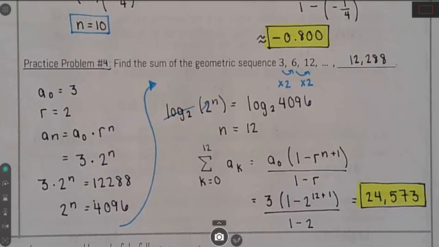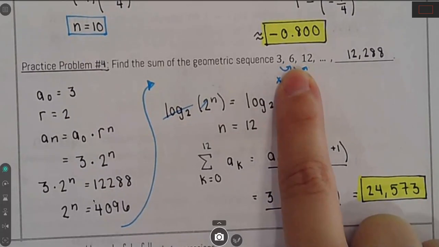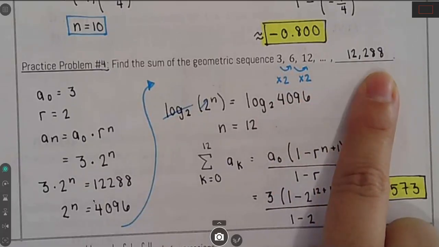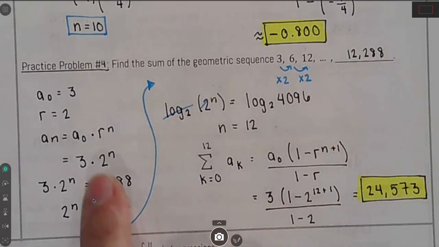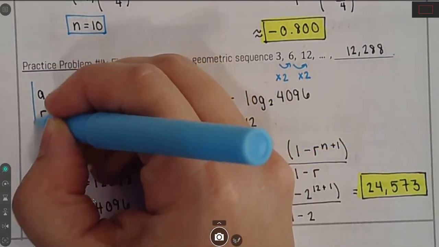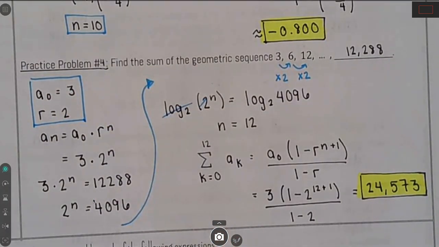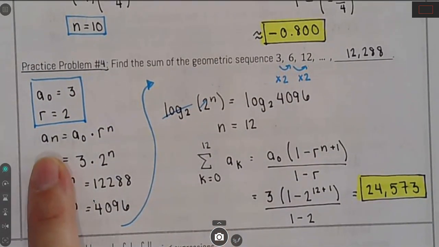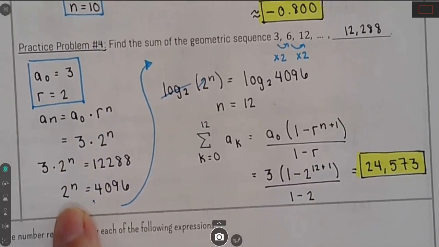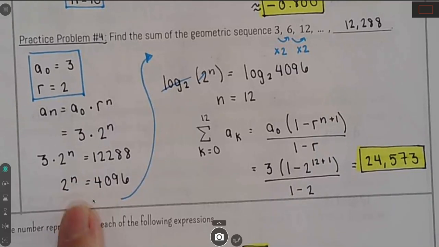All right, practice problem number 4. Find the sum of the geometric sequence 3, 6, 12, all the way up to 12,288. Same thing. Put a box around this. We know the a naught is 3. The common ratio is 2. We're going to use this, and we find out that 3 times 2 to the n power is going to be